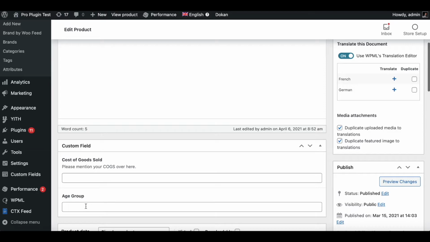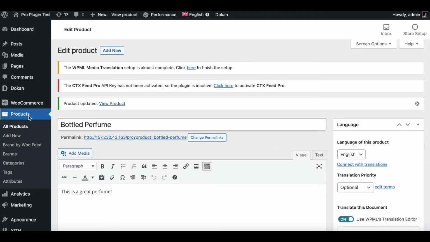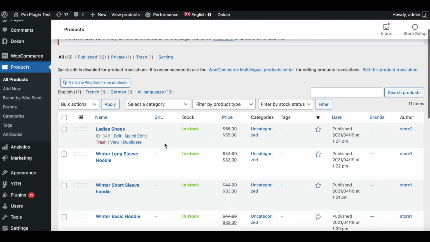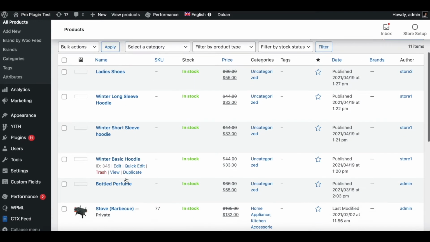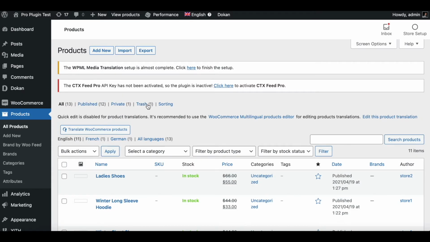This is going to be for adults, and I'll update it. So right now we have configured a few of our products to show up the correct age group. So the lady shoes are adult, the winter long sleeve hoodie is for kids, and the bottle perfume is for adults as well. Right now, let's go in and create a new feed and see if these changes that we have made have taken effect.